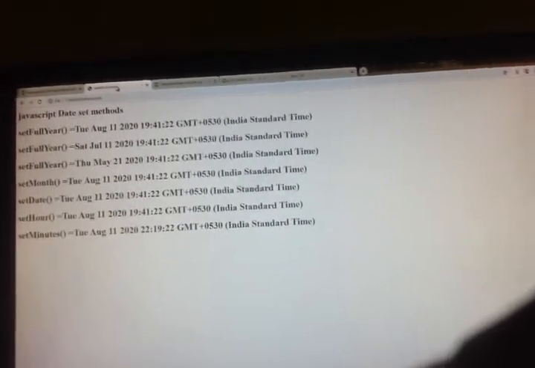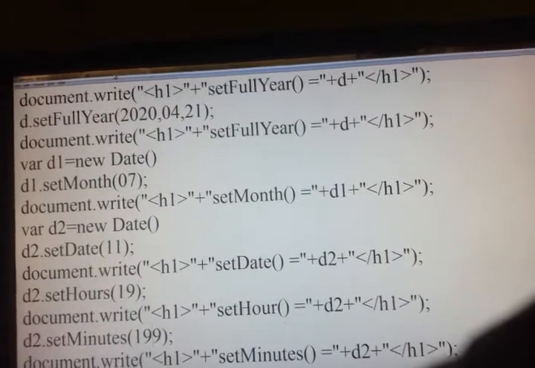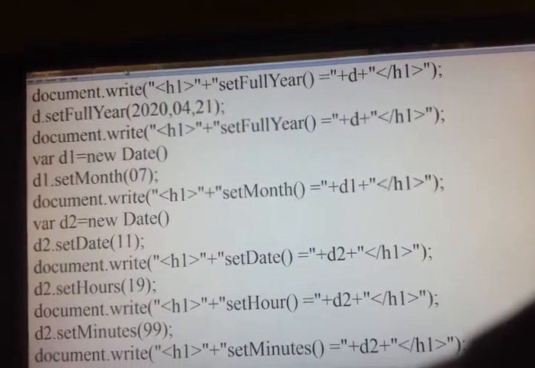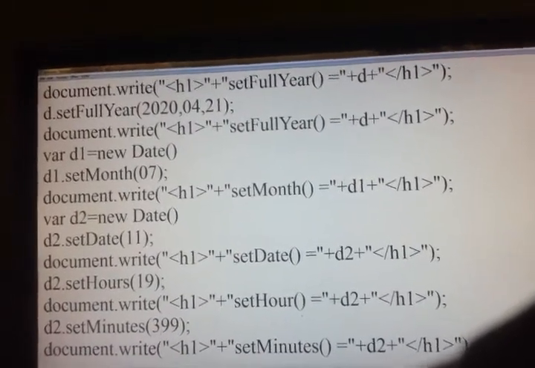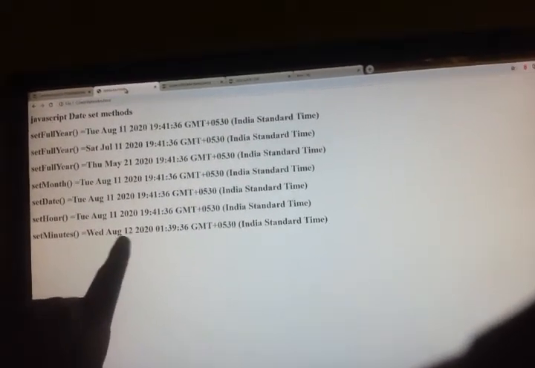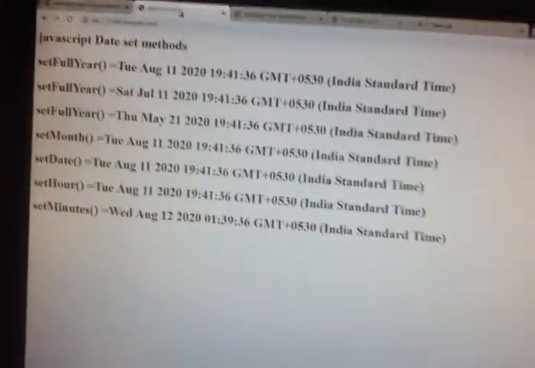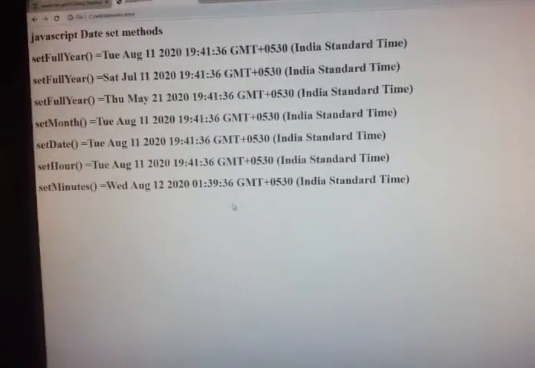So for minutes, we'll just make it 399. See, August 11 has changed to August 12, 1:39. So this is how we change the minutes.